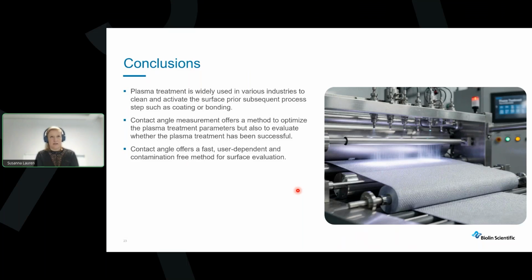Contact angle is really an efficient method to both optimize the plasma treatment parameters, but also to evaluate how successful the plasma treatment has been. And it can be used like a quality control type of method to decide whether the treatment has been successful or not. And it's a very fast and not user-dependent method. It gives you an actual number, which is different compared to, for example, dyne pens, where it's a little bit